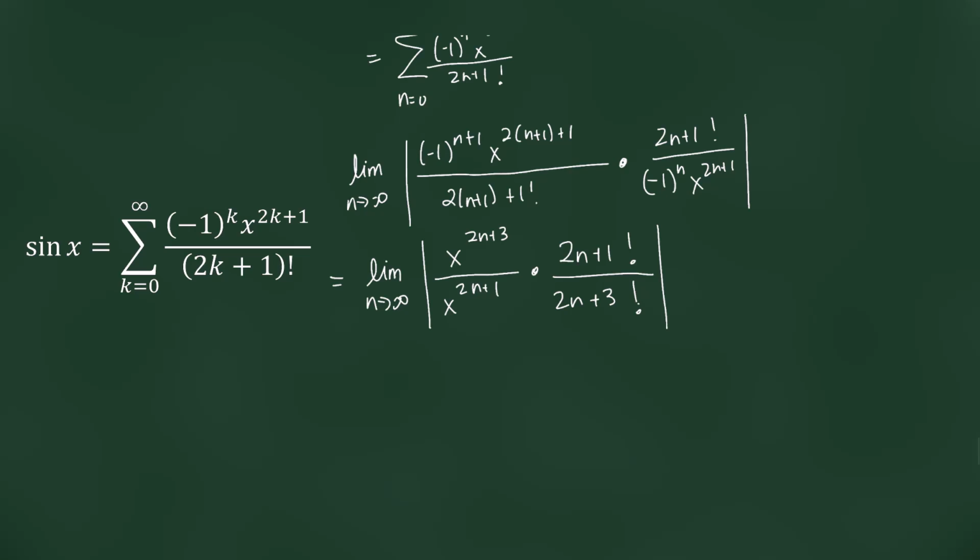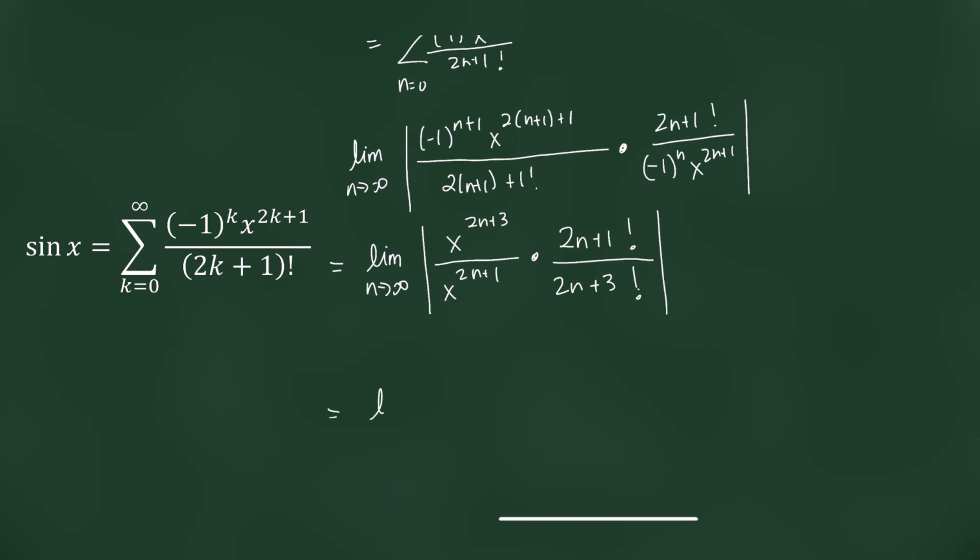All right, once again, we'll use what we know about factorials and exponents to simplify this. So we get x squared when we subtract the exponents, and then we get 1 over 2n plus 3 times 2n plus 2,